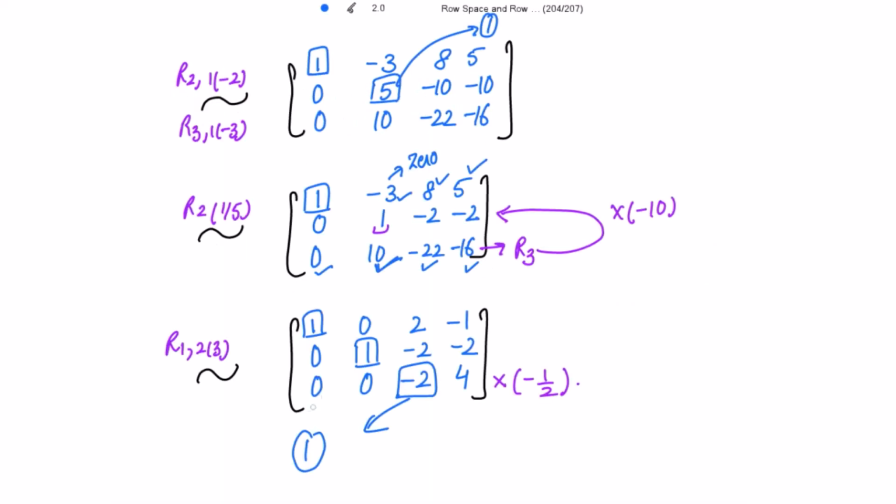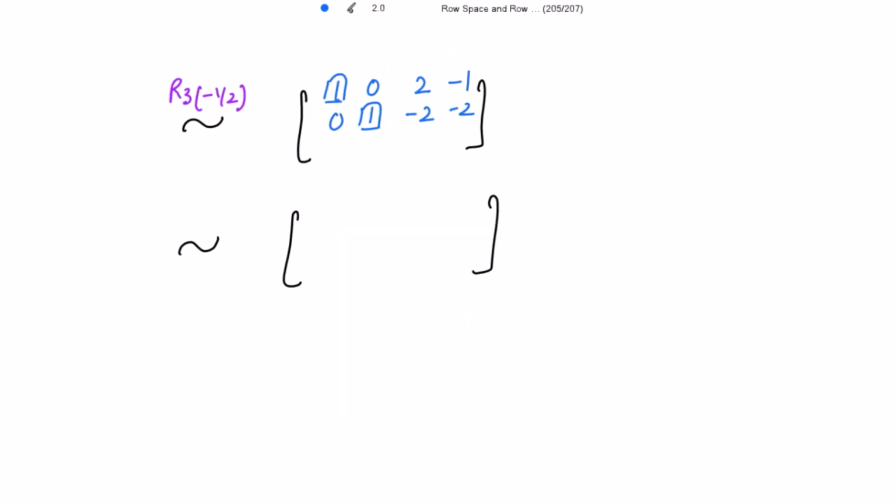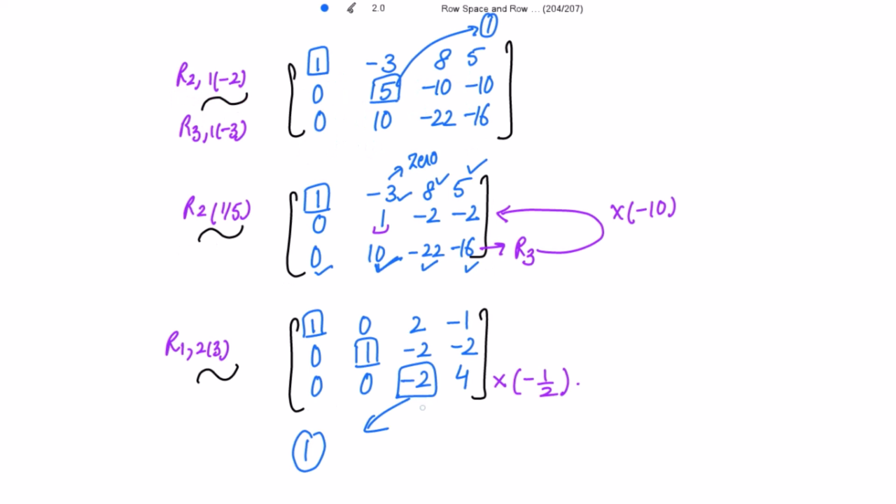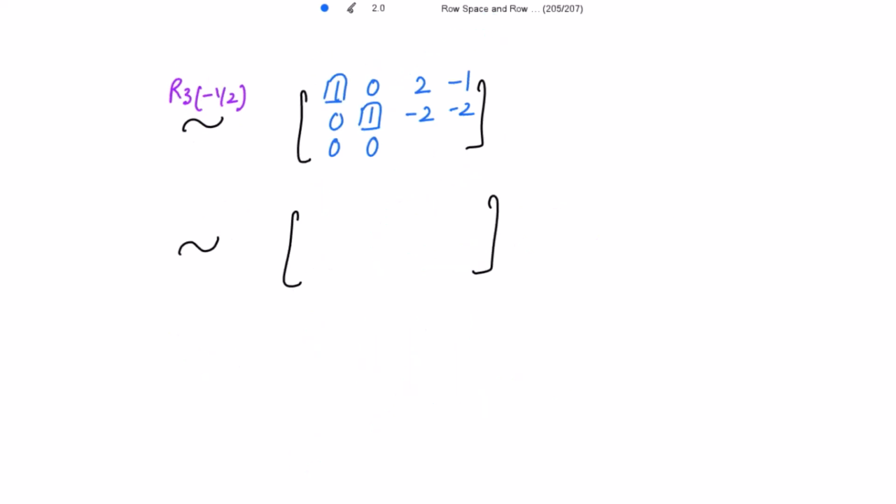So we get 0 and then 0 and then we get 1 over here and here we get minus 2, right? I'm getting 1 over here for the third row. To make this the leading element, we need to make this and this to be as 0. For that,